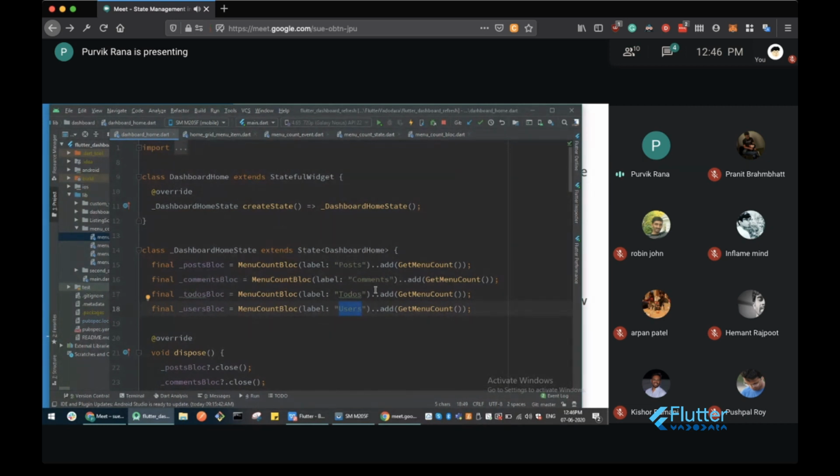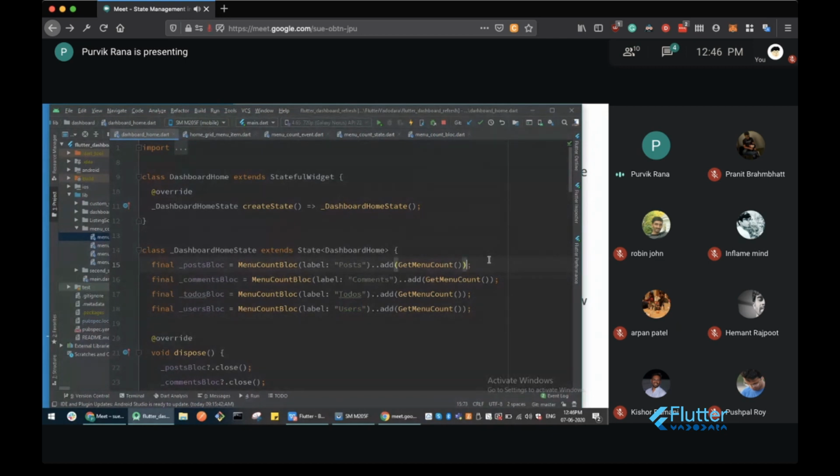As soon as these instances are created, I am adding the event to that particular block. Here the dot dot method is used directly to pass the event to the block.